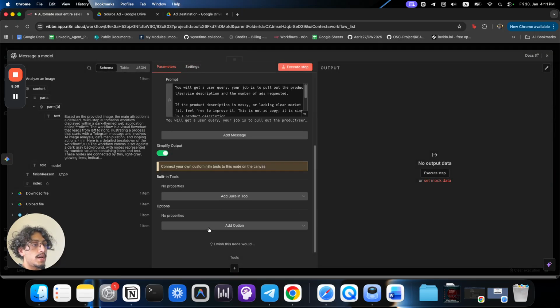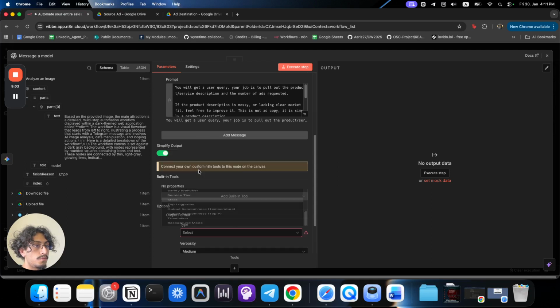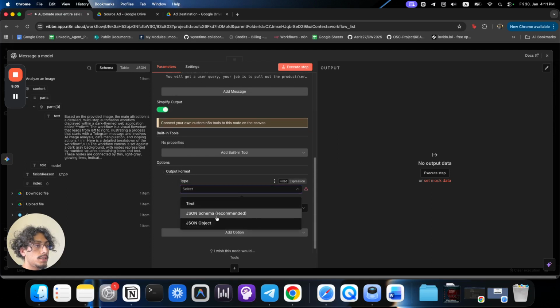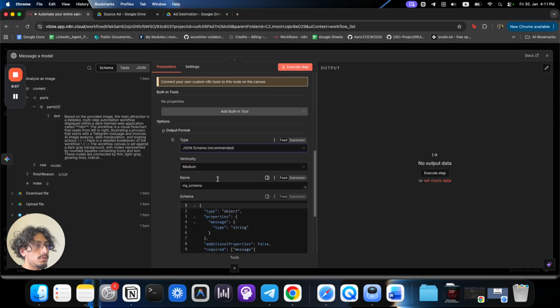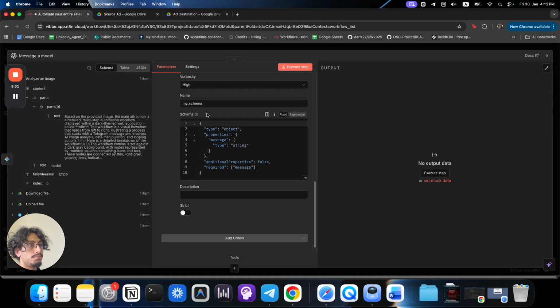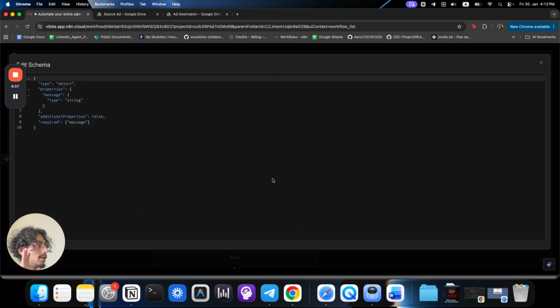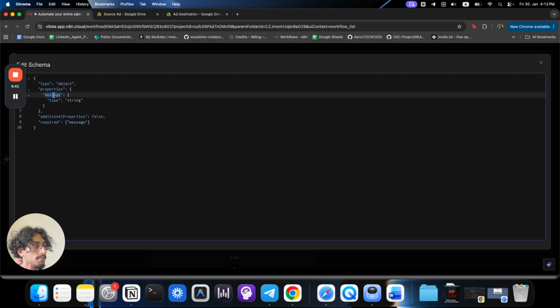Now go down here to add option and we're looking for output format. So go to output format and then use JSON schema. You can leave it as medium and leave it as my schema. It's going to give you this by default. You're going to have this when you put JSON. It's going to automatically, this will be pasted in for you by N8N. And all we're going to do is we're going to change the names of these things. So instead of message, you're going to write product